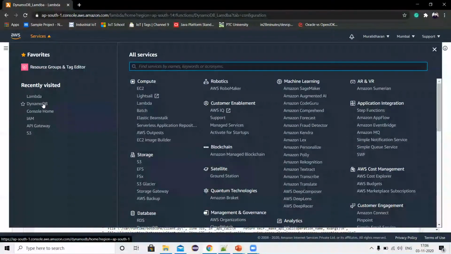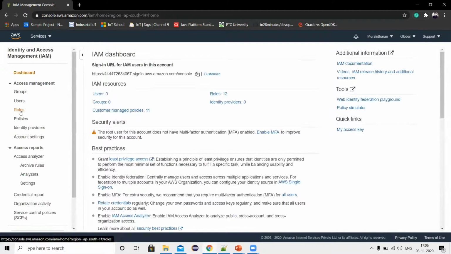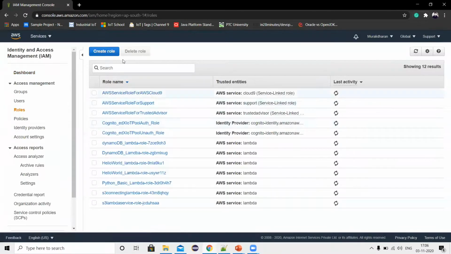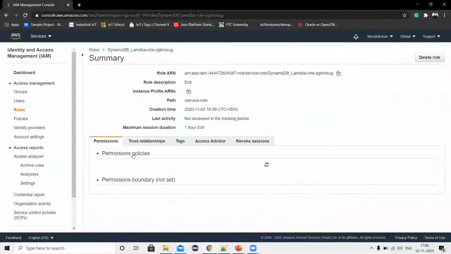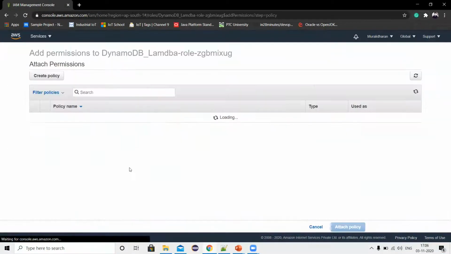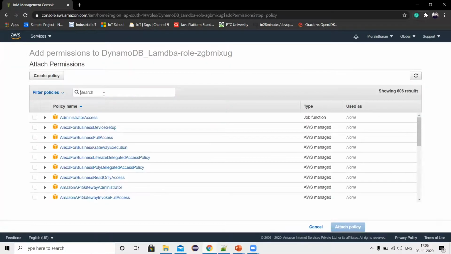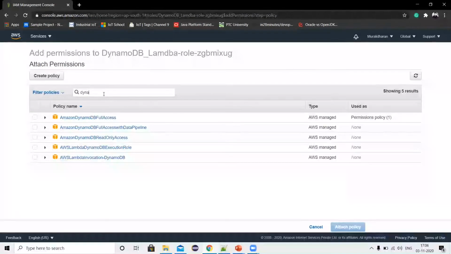Switch back to IAM, Identity Access Manager, click on roles, and select our project role. Attach policy, search here for DynamoDB, and select this one.